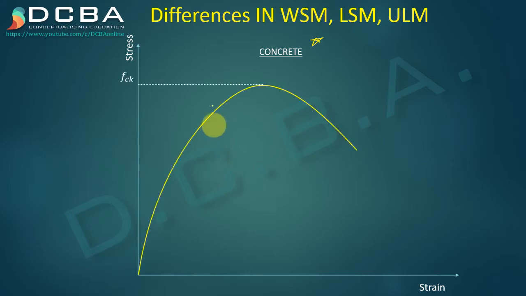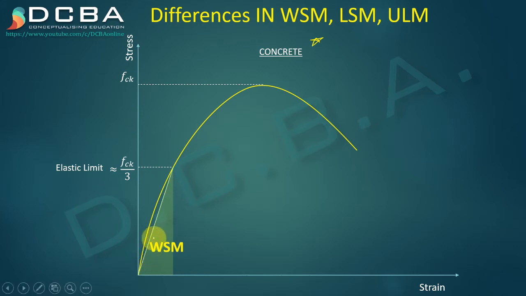So this is the stress strain curve of concrete with fck. In WSM, we had studied that the stresses have to be limited in the elastic region of the stress strain curve. So it is seen that generally the elastic point of the stress strain curve of concrete is at around fck by 3. It is not always equal to, but it is almost equivalent to fck by 3, and till this point only our working stress method stresses can lie.